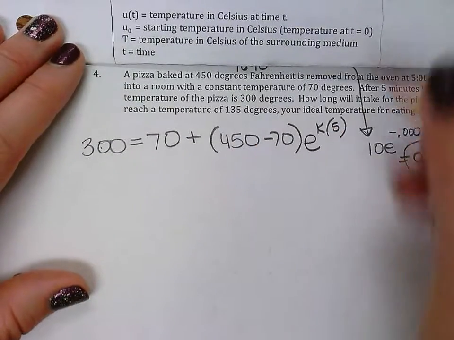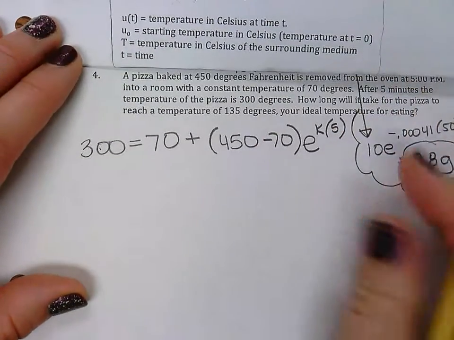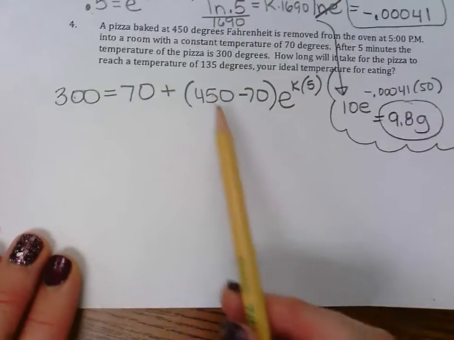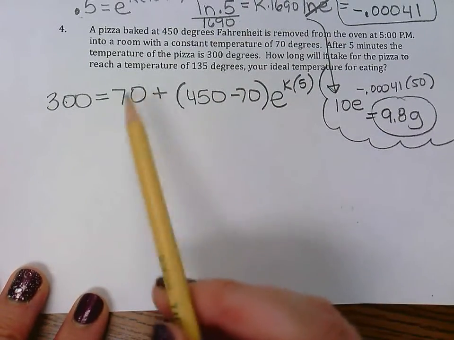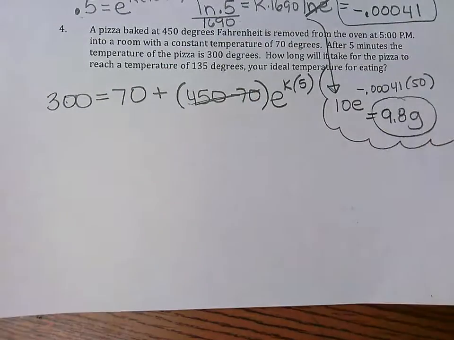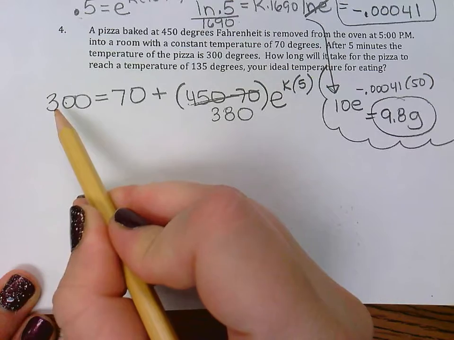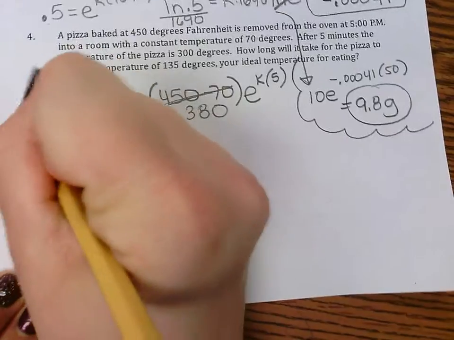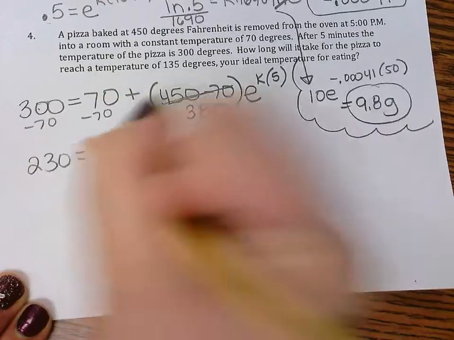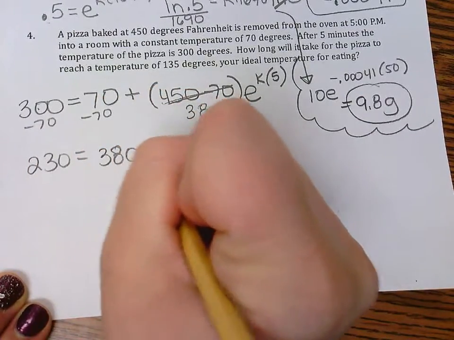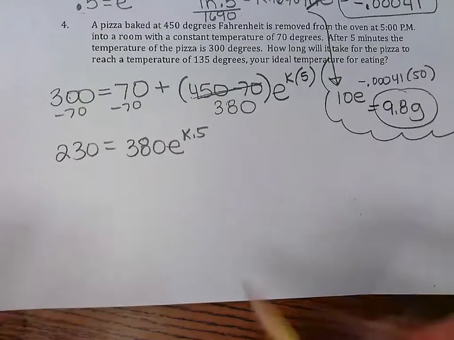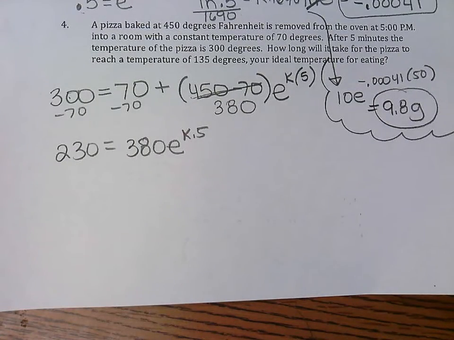So we have to solve for k. The 70s don't cancel out because this 70 is multiplied, this 70 is added. So first thing I would do, what is 450 minus 70? Is that 380? So this is 380 in here. 70 I move to the other side, right? Subtract 70. So I've got 230 equals 380 e to the k times 5. Doesn't that look just like the bacteria problem now? So solve for k. It should be a negative number again because it's